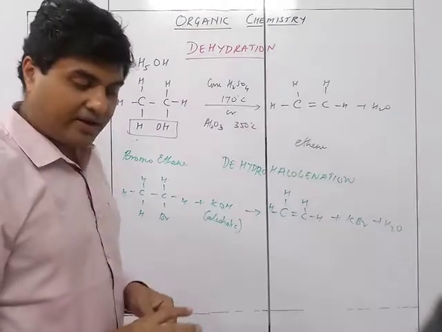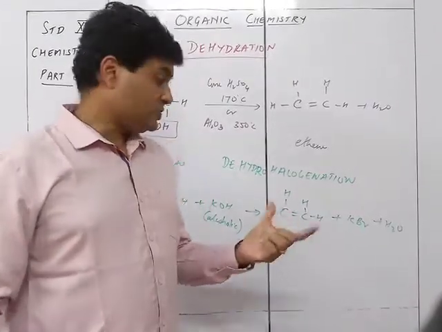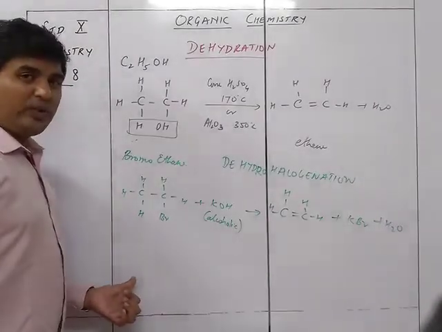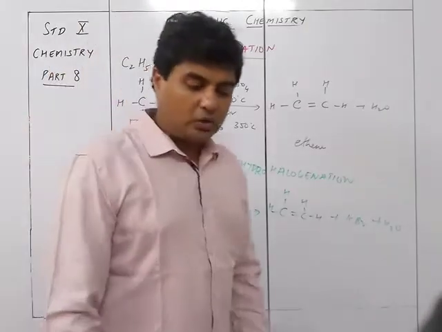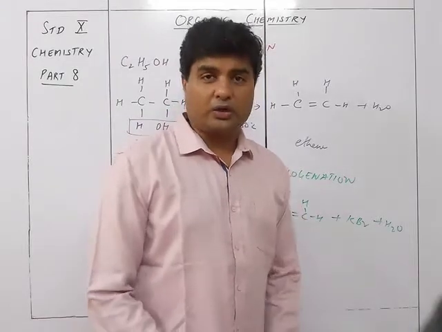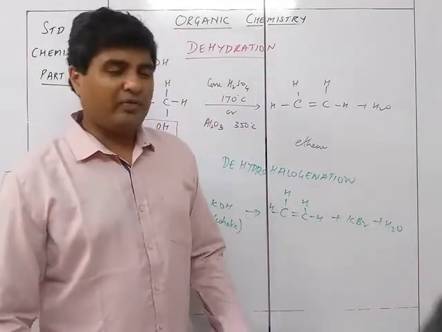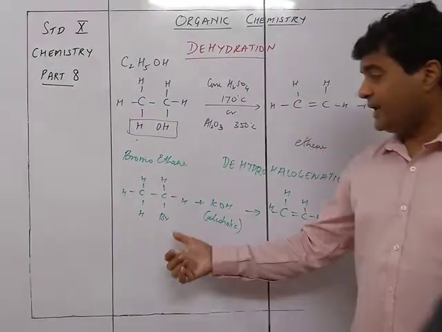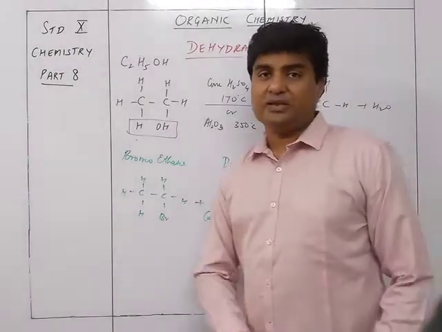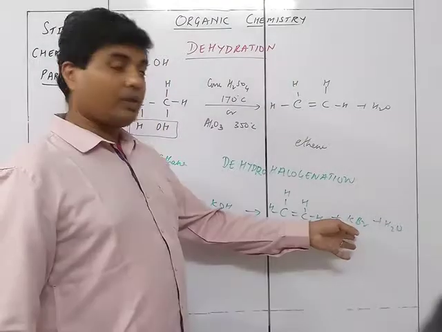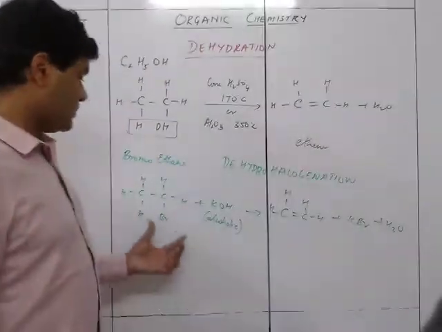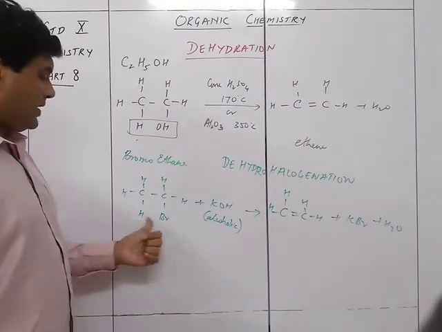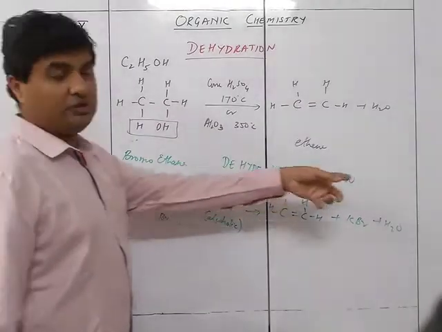This process is called dehydro, meaning water, dehydro, and dehalo also. So what we are doing over here is that we are not only removing the hydrogen but also the halogen. So hydrogen and halogen both are going to be released to give you the KBr and water. So that's why it is called dehydro and halogenation. So dehydrohalogenation.